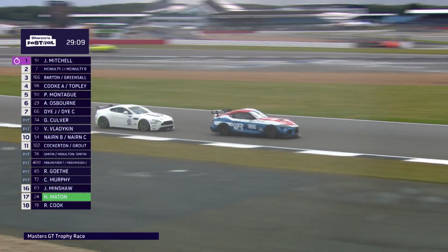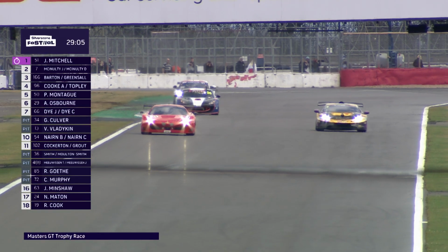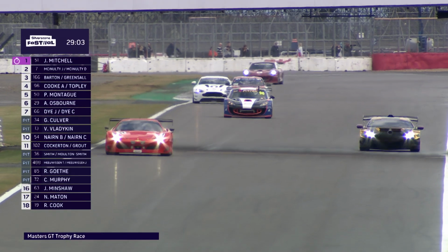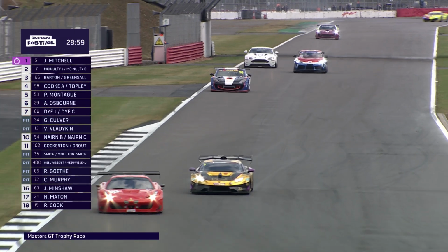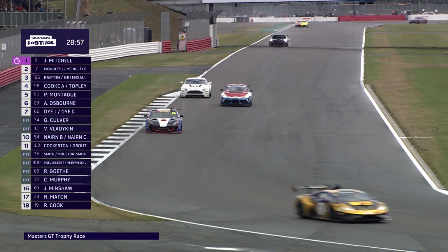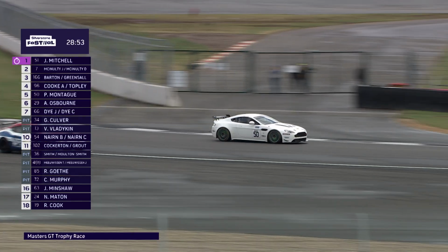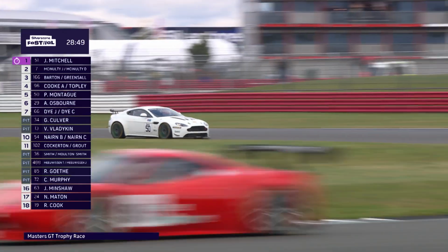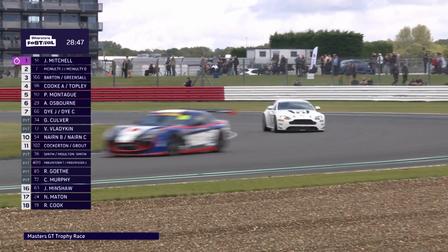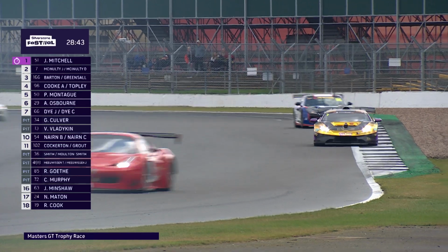There it is, the Toyota GR Supra GT4, and right behind is car number 50, and that is the Peter Montague solo-driven Aston Martin GT4, so that Vantage V12 looking to look down the inside of the Toyota as Harry Barton goes out wide underneath the BRDC suite into Brooklands, and that was a very straightforward pass